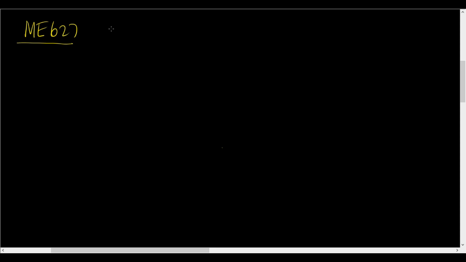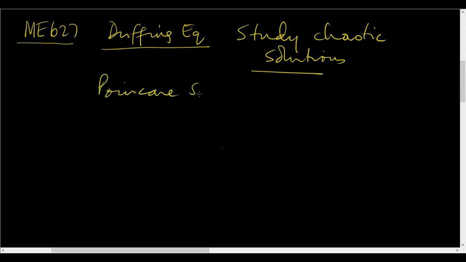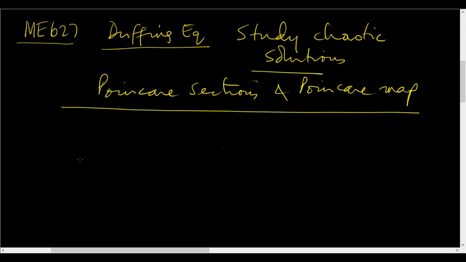Continue with the Duffing equation, and we will study chaotic solutions. And we will use Poincare sections and the Poincare map. And as I have discussed in a previous lecture,